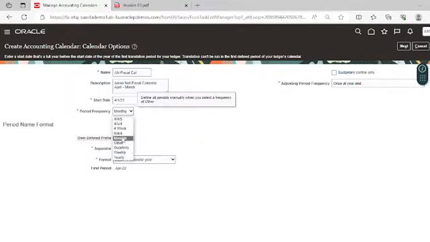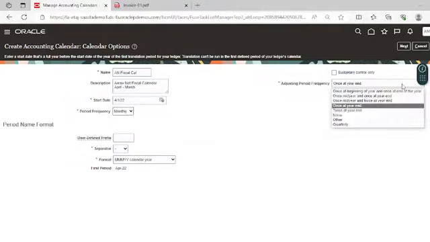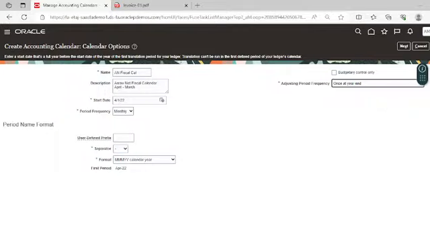So I am taking it as monthly. Here you can select the format for the calendar, and here you can select the adjusting period frequency. These are the options which are available for adjusting period frequency. So I am using once at year end. If you don't want to use the adjusting period, then you can select none. I am taking once at year end.